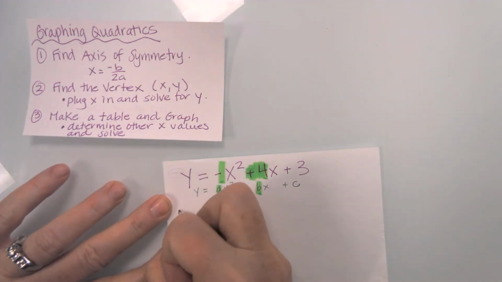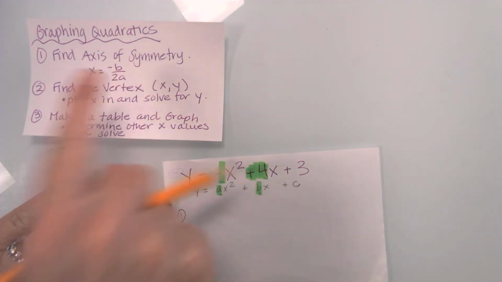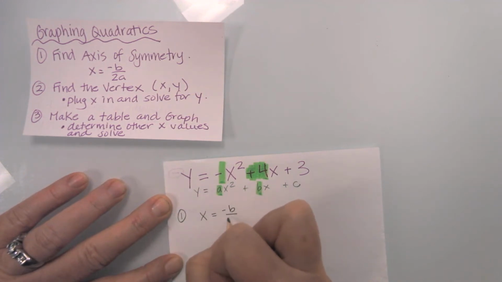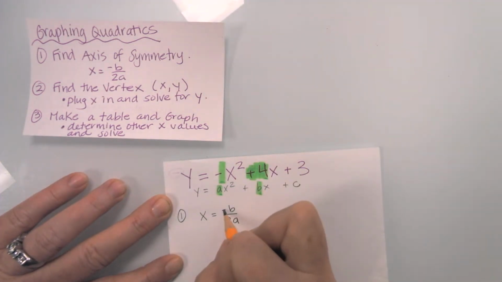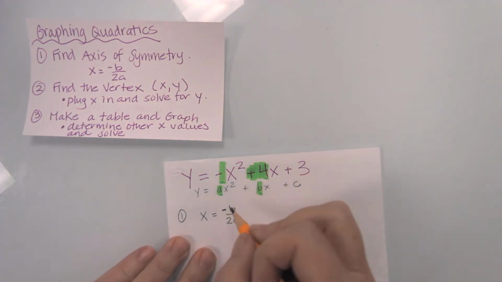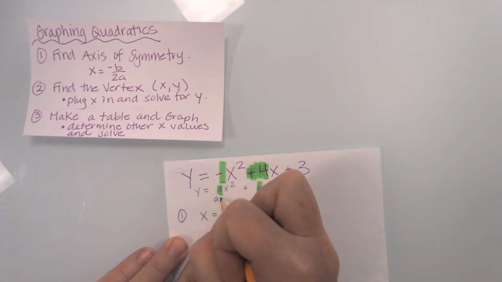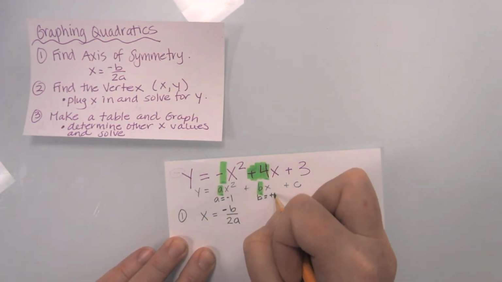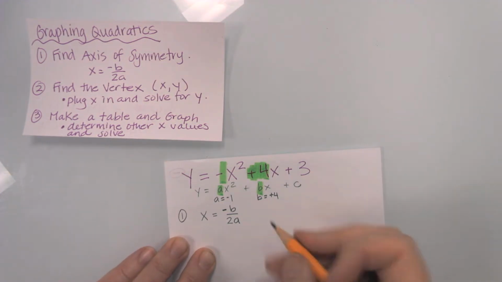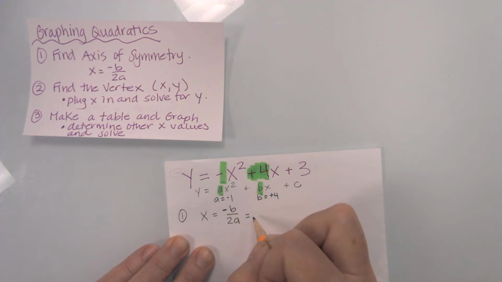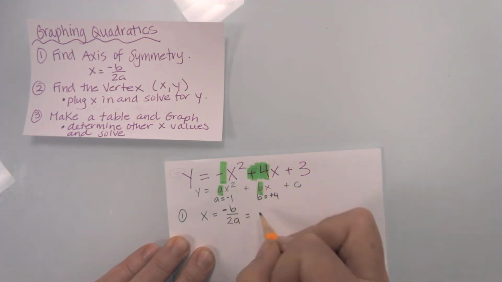So my first step is to find the axis of symmetry. I'm going to write my formula, x equals negative b over 2a. I do that so I remember that negative b. So when I get in here, I notice that a is negative 1 and b is positive 4. Now when I substitute my values in, I do use parentheses to help me keep track of my signs. Notice I have a negative and then I have a positive 4